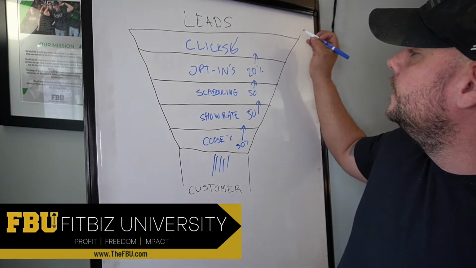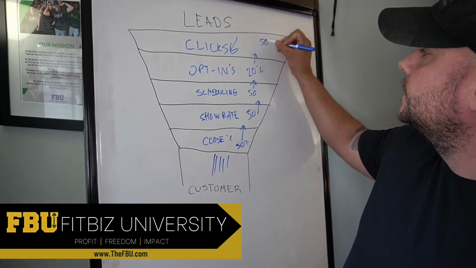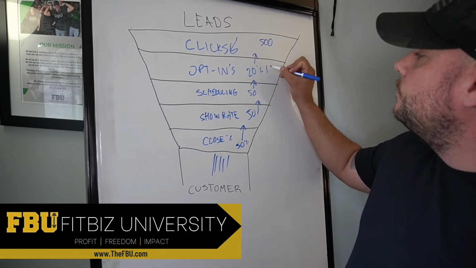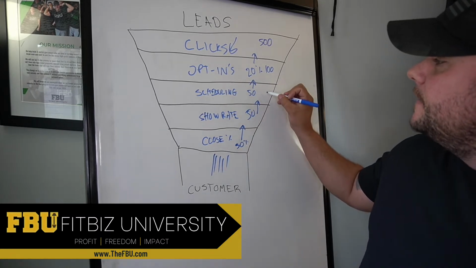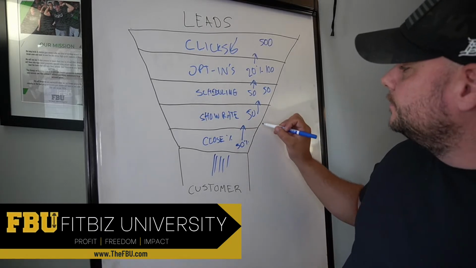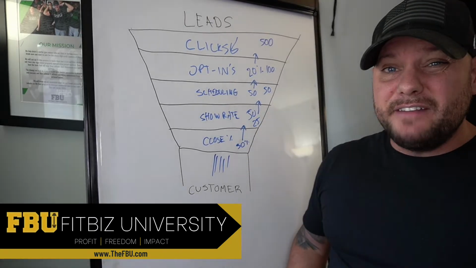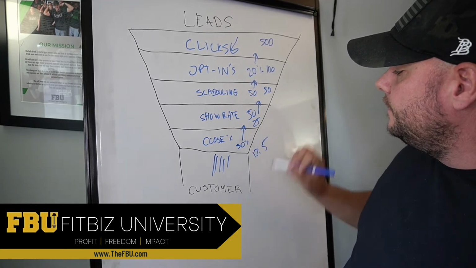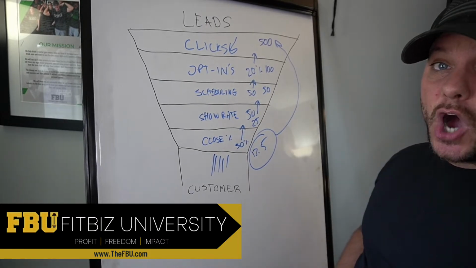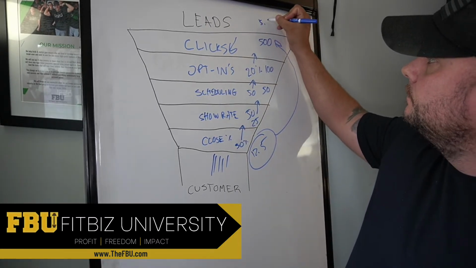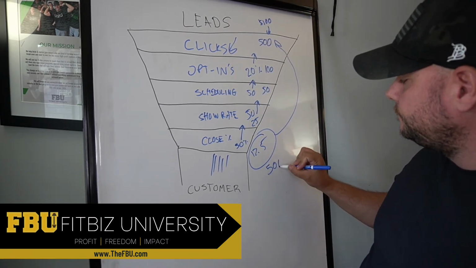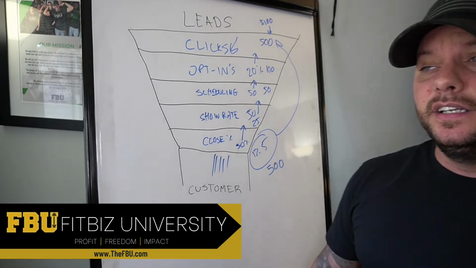Let's say that we have 500 clicks and 20% of them are opting in. So then we have 100 opt-ins or 100 leads. And then 50% of them schedule, now we have 50 appointments. And then 50% of them show, now we have 25 appointments. And 50% of them close, now we have 12.5 new customers from 500 clicks. Okay, well, if the cost per click is $1, whoops, we spent $500, and let's say you're selling,